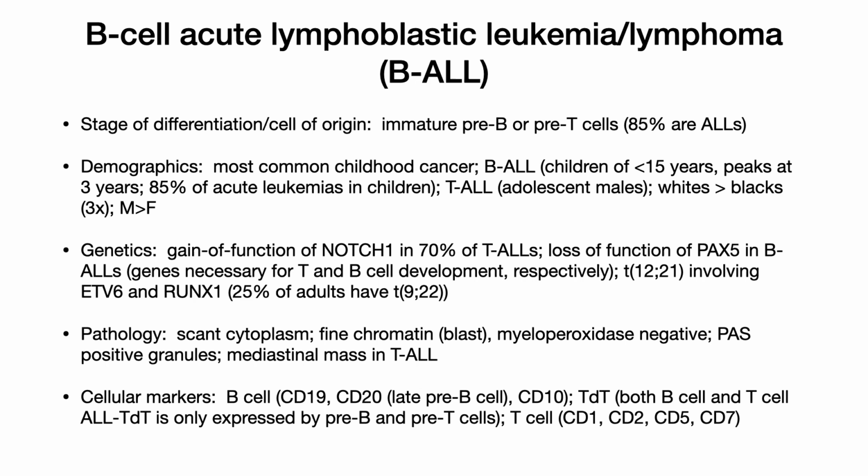So the pathology of it, it's lymphocytic, so you'd expect to have really scant cytoplasm, fine chromatin because they're blasts, and we talked about the last time, that euchromatin, so it's kind of smooth throughout it. They're myeloperoxidase negative, which is going to help identify myeloids. And then in T cell ALL, they have a mediastinal mass, which is characteristic of that, and what you see in adolescent males. And then the cellular markers, I think one of the good ones to know is the TDT, because that's only expressed in pre-B and pre-T cells, and this is basically the main, if not the only one,